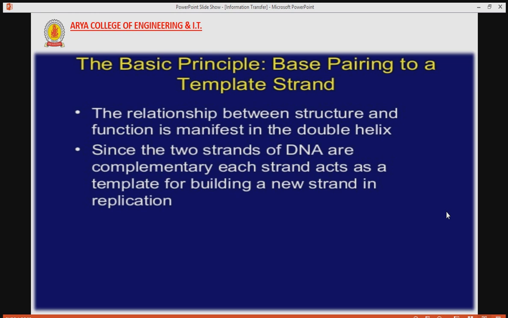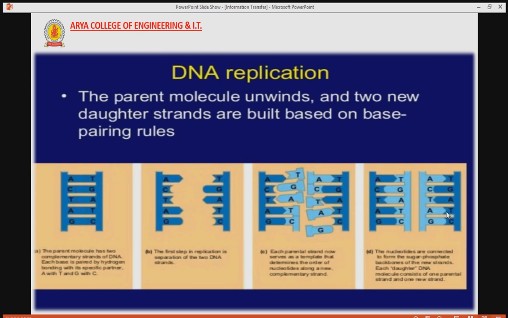Since the two strands of DNA are complementary, each strand acts as a template for building a new strand in the process of replication. So let's see DNA replication, in which the parent molecule unwinds and two new daughter strands are built based on the base pairing rule. Here we can see the parent DNA, and then it unwinds, meaning the first step in replication is separation of the two DNA strands,